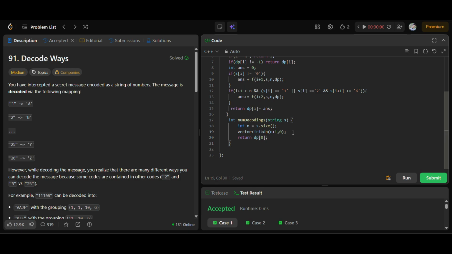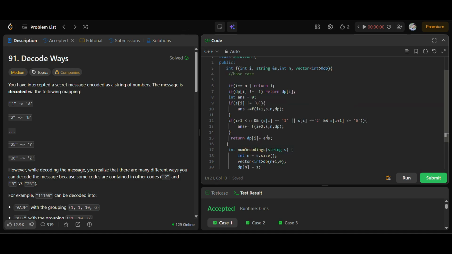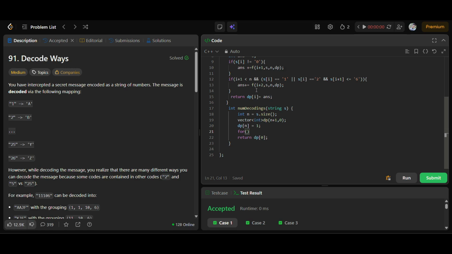Okay. And you first of all write the base case. What is my base case? My base case is dp of n equal to 1. Okay. And you write a for loop. Here you see that we go from 0 to n. So here go from n minus 1 to int